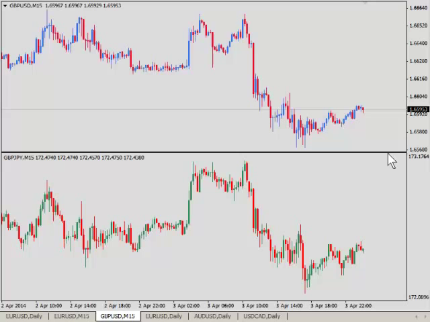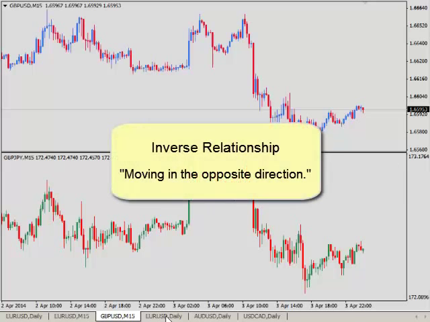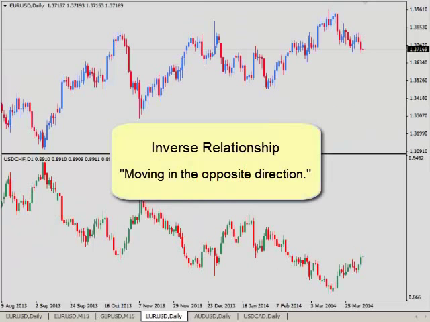Now, besides the parallel relationship, we also have what's known as the inverse relationship. This is where the two currencies are moving away